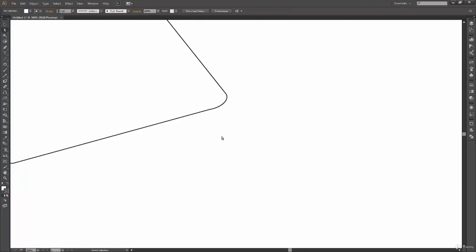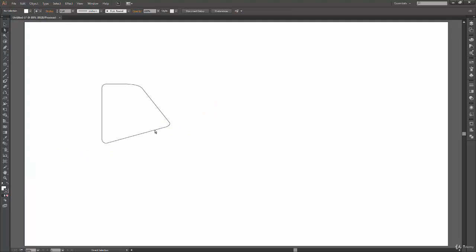Okay, Control 0. Now I have my shape which is not symmetric from any direction, and now we can see the implementation of the reflect tool on this. So first of all, select our shape and then click on the reflect tool. Now again it has positioned my reference point at the center of the shape, which I don't want. I will click somewhere over here, and now when I click on this shape, you can see I'm actually reflecting, or my shape has mirrored across a vertical axis.